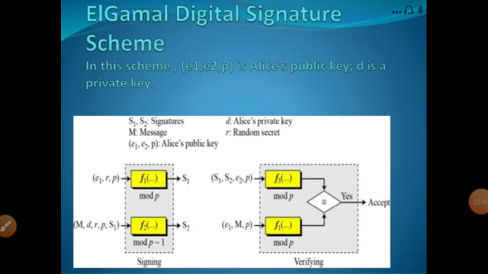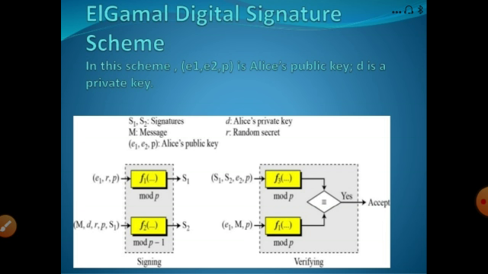We are calling this signature ElGamal because here we are using the ElGamal asymmetric key cryptography technique. So that's why we call it the ElGamal digital signature scheme. The difference from the previous one is that the key combination is different.